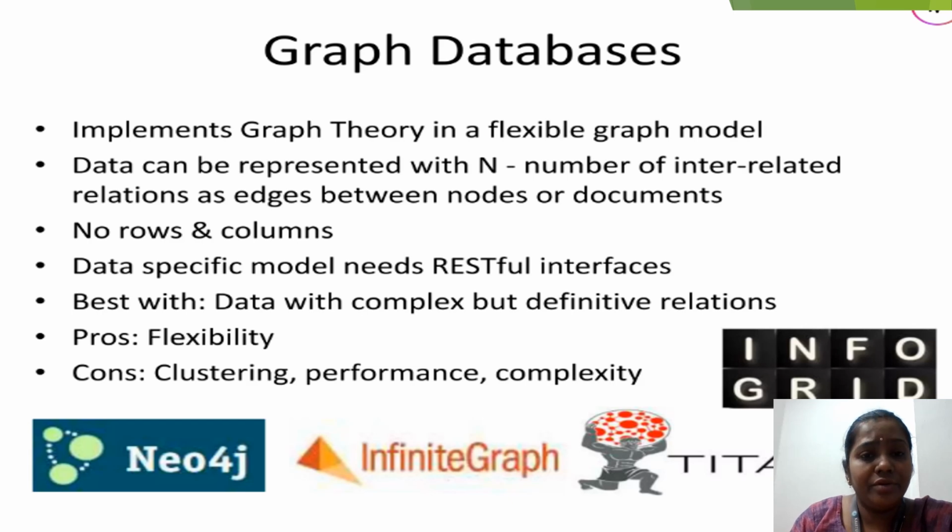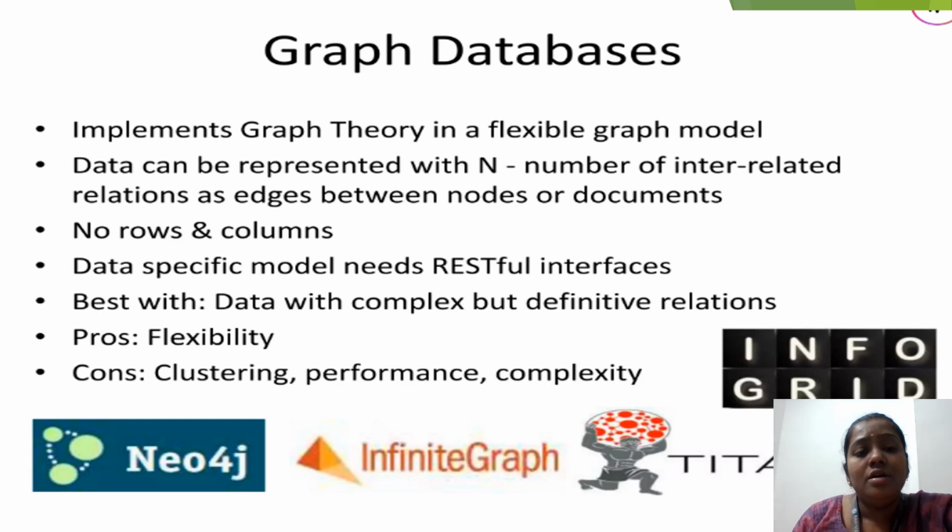The last type of database is the graph database. It implements graph theory with a flexible graph model, and graph databases are used by many companies like Neo4j, InfiniteGraph, Titan and InfoGrid. This data is represented with n number of interrelated relations, where the edges between the nodes and documents are pertinent to each other. There will be no specific rows and no specific columns, but we have a schema, and the document specific model needs RESTful interfaces that can be made with the pertaining features for implementing the graph database with